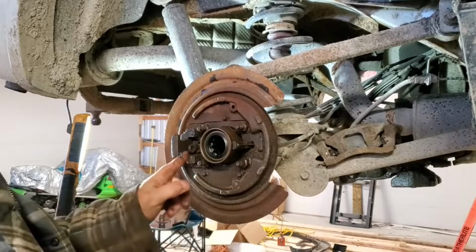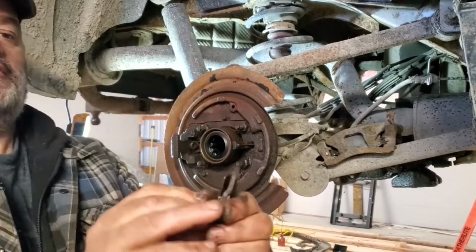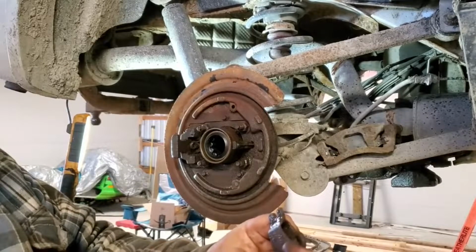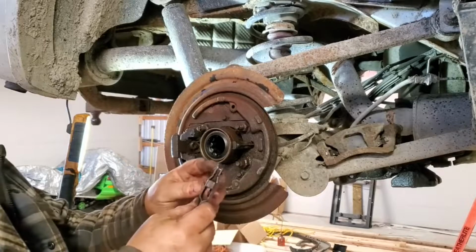All right, so the cable comes in back here. It's got a little stud that goes into that hole. It's all offset, so you can tell which side. The cable can only fit on this side, it can't go on that side. Okay, so in this case,